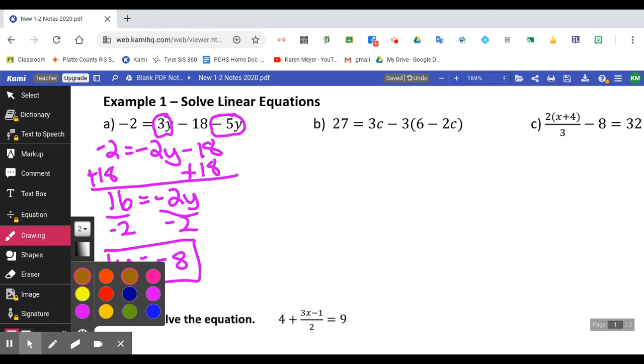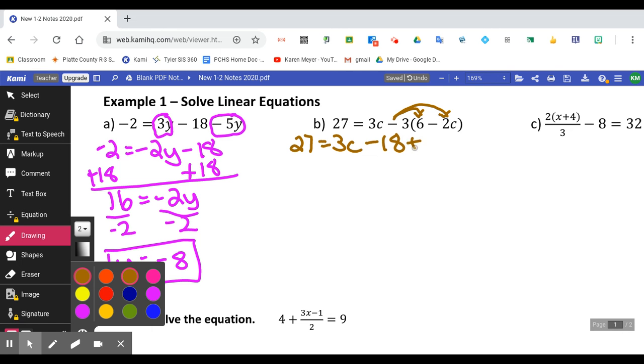Moving to the next one. Whenever you see parentheses in the problem, the first thing you should do is get rid of the parentheses by using the distributive property. So you take what's right in front of the parentheses, which is 3, but don't forget its sign. So think of it as negative 3, and take negative 3 and distribute it to each term inside the parentheses. So 27 equals 3c, and then negative 3 times 6 is negative 18, and negative 3 times negative